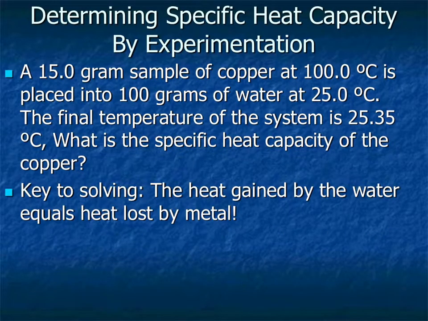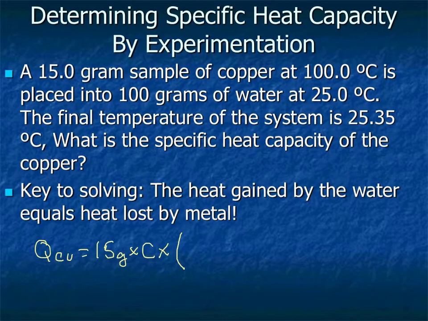First thing we need to do is set up the equation. The 1,500 gram sample of copper at 100 degrees C is placed in 100 grams of water. So let's just try the Q of copper first. Q of copper equals 15 grams times the specific heat, we don't know what that is, so that's going to be the C, times